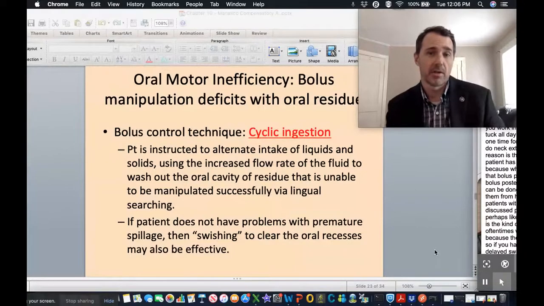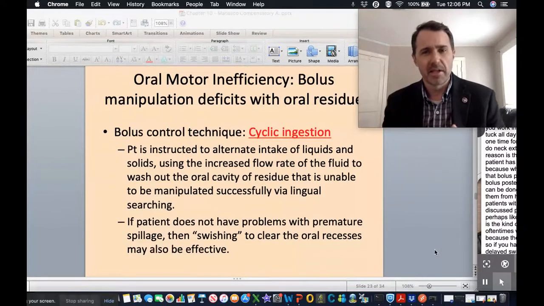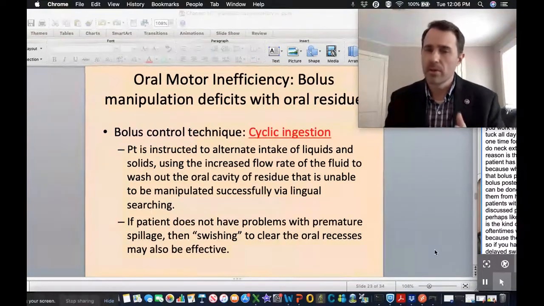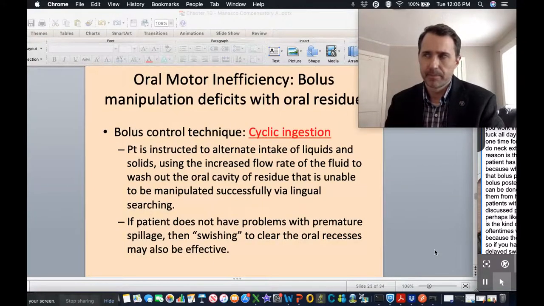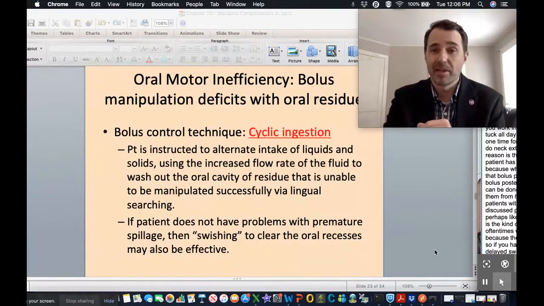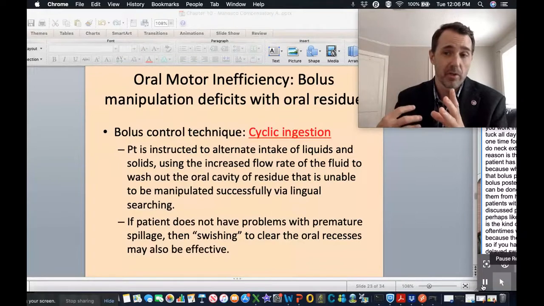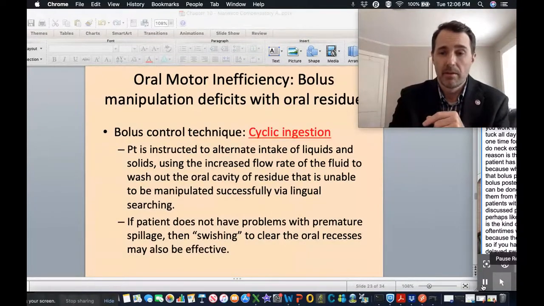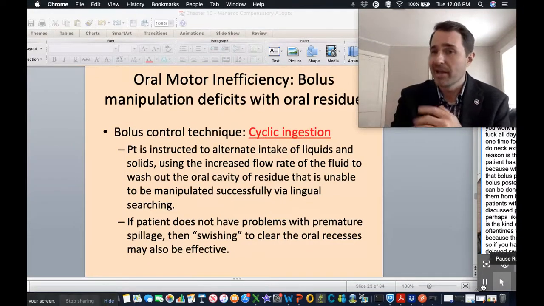Cyclic ingestion, also known as alternating sip and swallow, is a nice strategy that we use to teach patients to clear stasis out of their oral cavity and also clear stasis out of the pharyngeal cavity as well, if they can handle that, because at that point you have a mixed consistency situation going on in the pharynx. If you're taking a thin liquid, for instance, and trying to wash down a solid bolus, that can be problematic for some